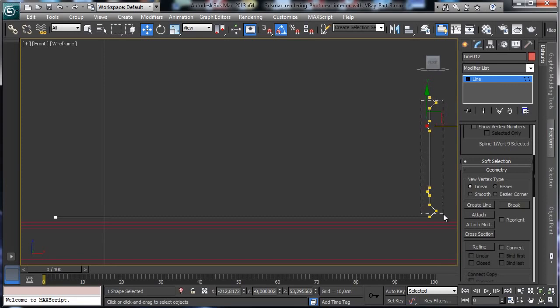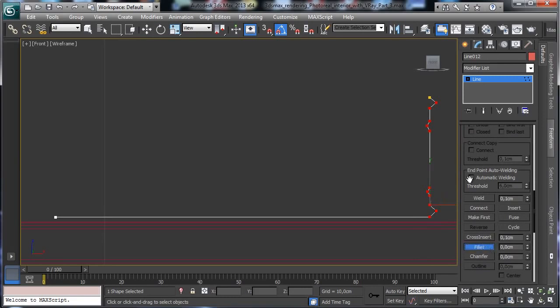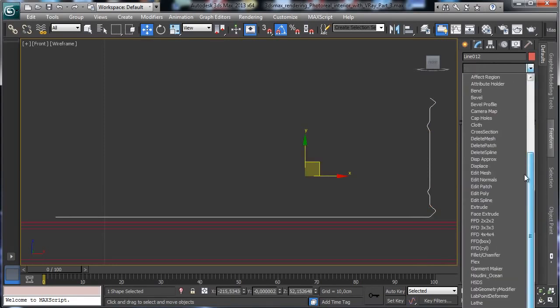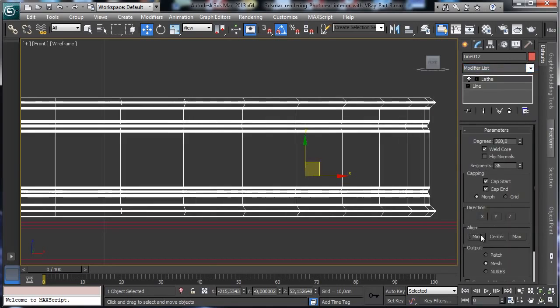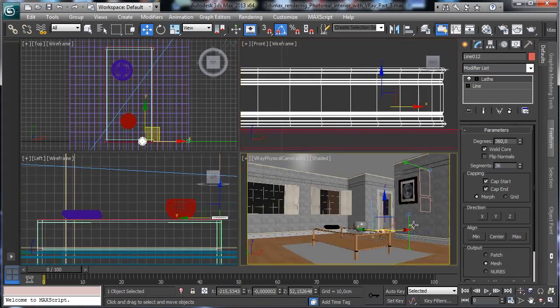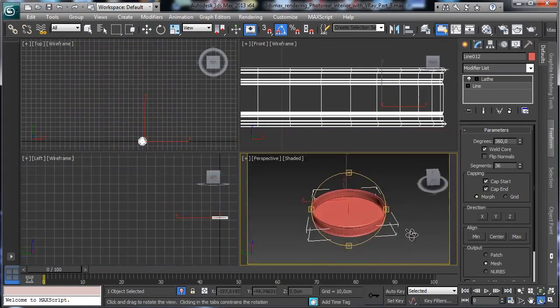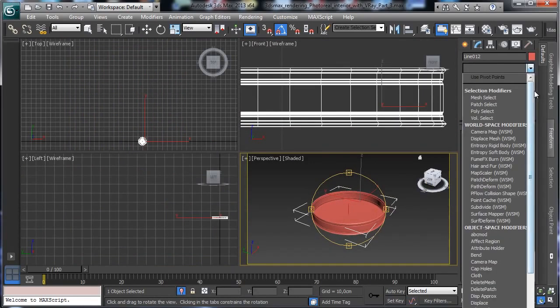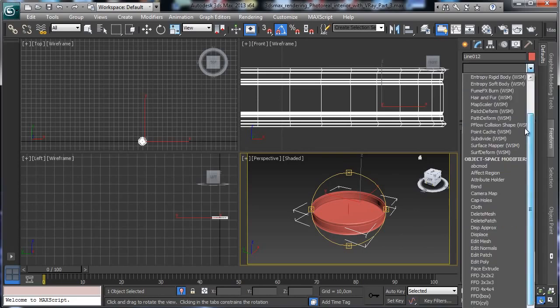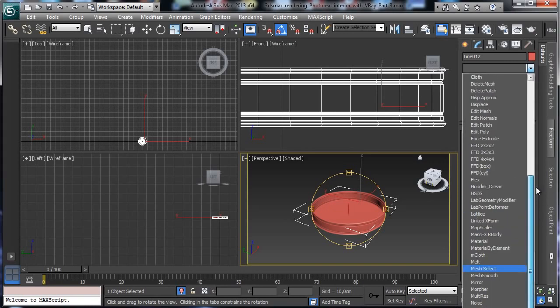Then we select all these vertices and also this one, and we say to use the fillet, and we start to have a little bit of fillet. Okay, nice. Then we go for a lathe with the minimum, let's say 36. Let's go in a perspective, and let's work just on this one. Okay, so let's say that we have an edit poly,